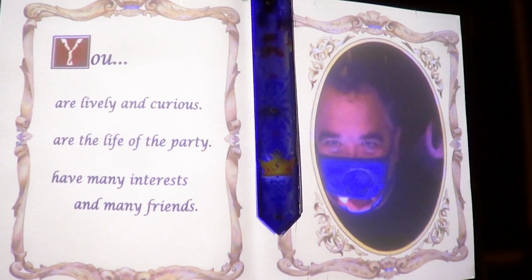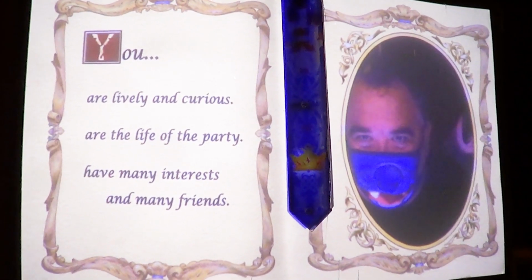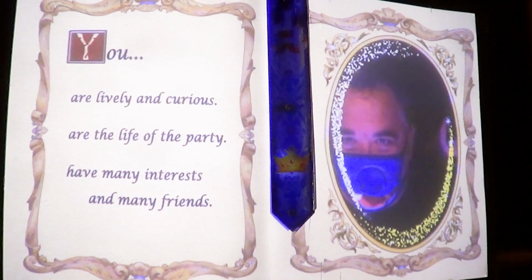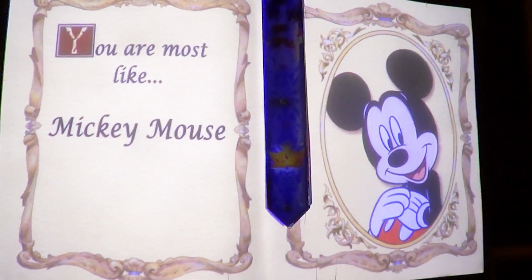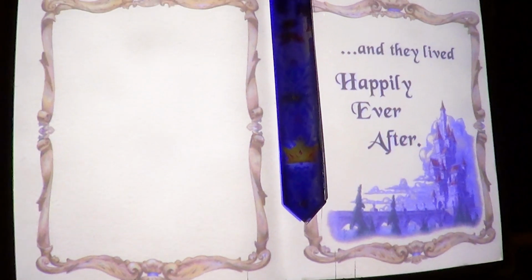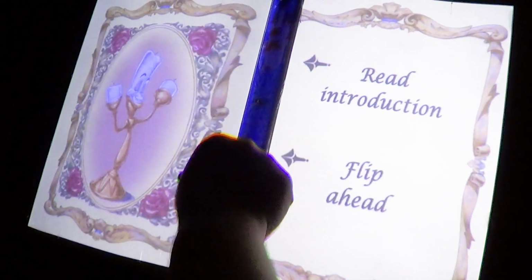You are lively, curious, and the life of the party. Your interests are wide-ranging, which you often pursue with many unique friends. You are most like Mickey Mouse. Yeah, baby! I do love a happy ending. Au revoir. You gotta press this a little hard, dude. You want to do it? Bookmark and